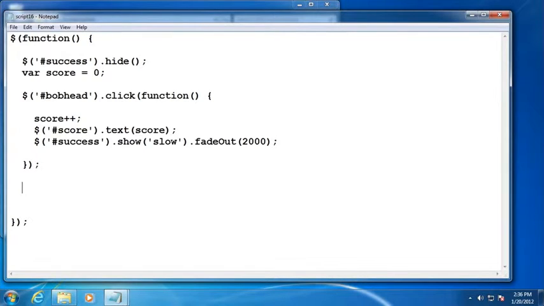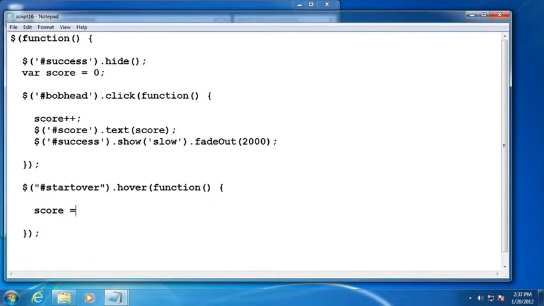So let's handle the hover event for the start over div. So the start over div, or the item that has an ID of start over, and I'm going to handle the hover event. And again, these events take anonymous functions, and inside of that anonymous function is where I'm going to do all the magic. I'm going to set the score back to 0, and I'm going to change the score